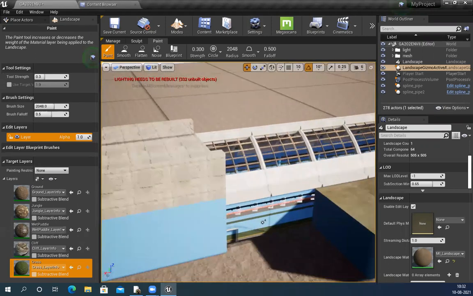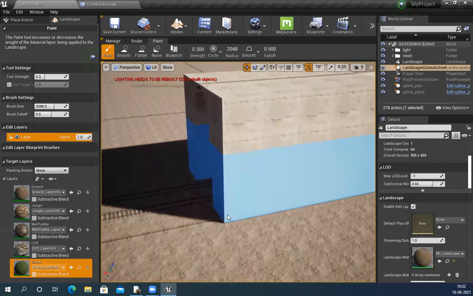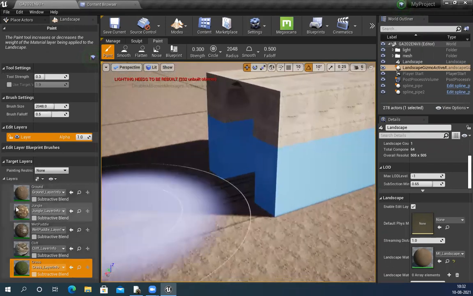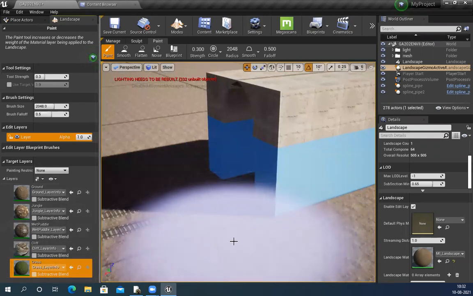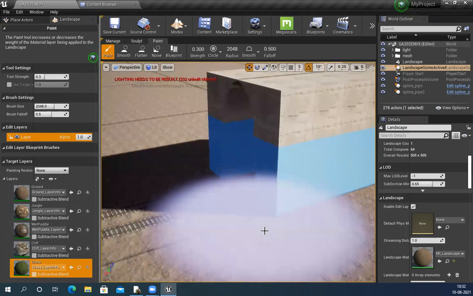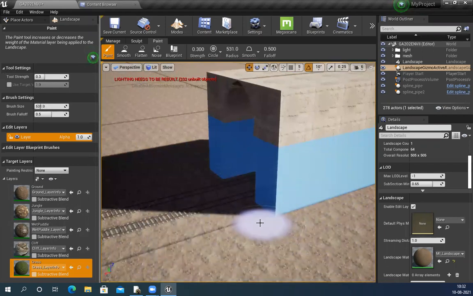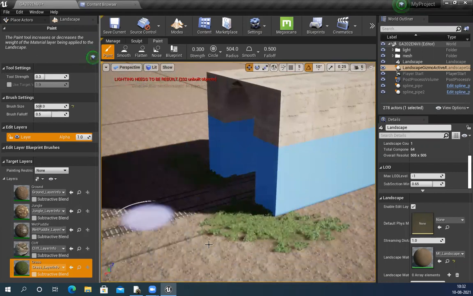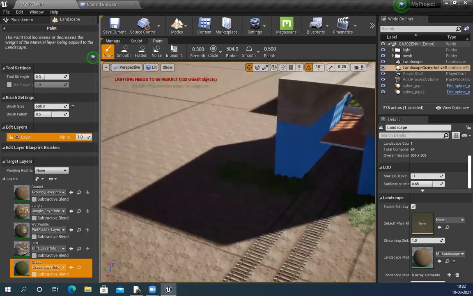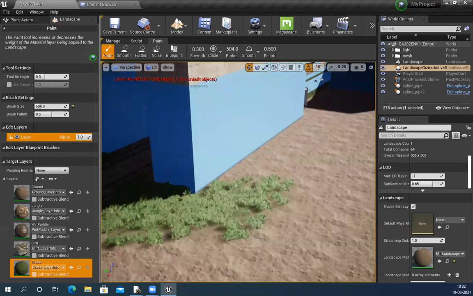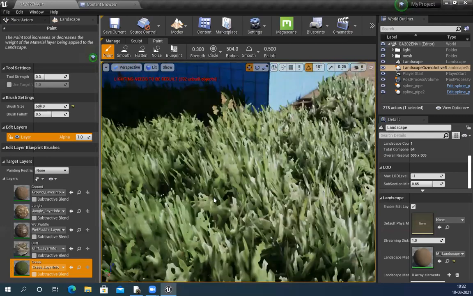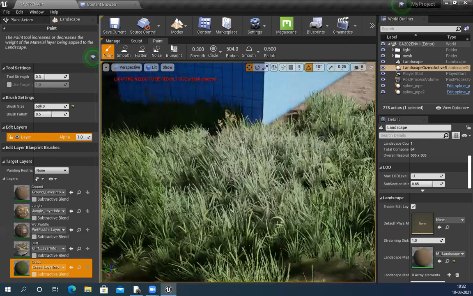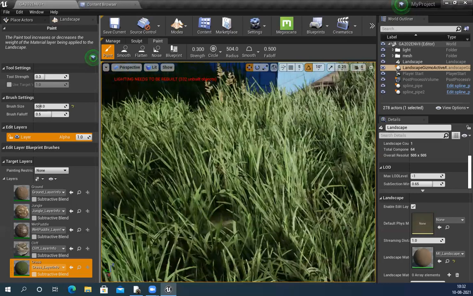Now suppose I want to create some. You can see I have ground, jungle, wet puddles, and cliff, and all these things are there. Grass is also there. Let's click on grass and paint a little grass. This particular material is connected to a grass texture mesh.